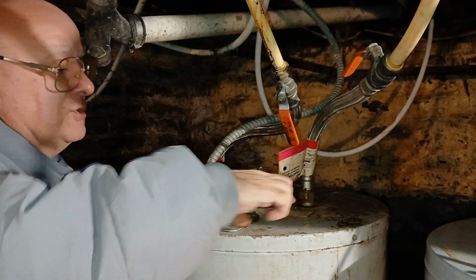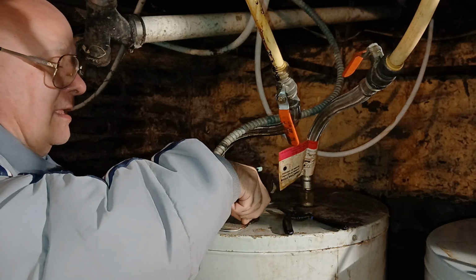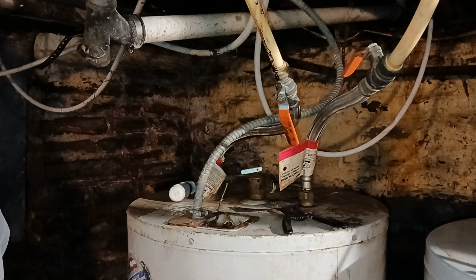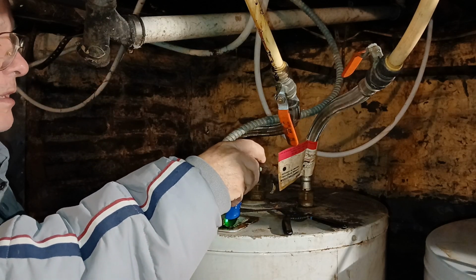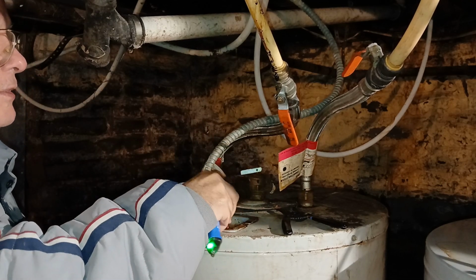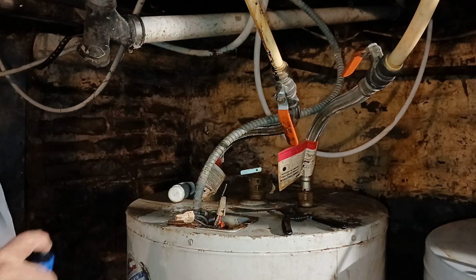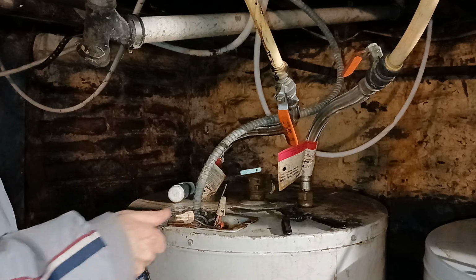Okay, we're going to just check the connections in this little box here. Make sure our power is off. These wire nuts are too small. Making sure it's off, and they didn't even get this ground wire around the loop very good there. I'll show you how sloppy they were with that. So we'll take